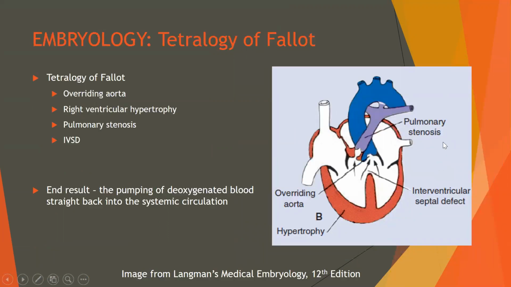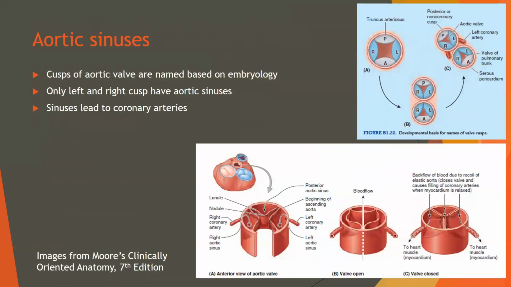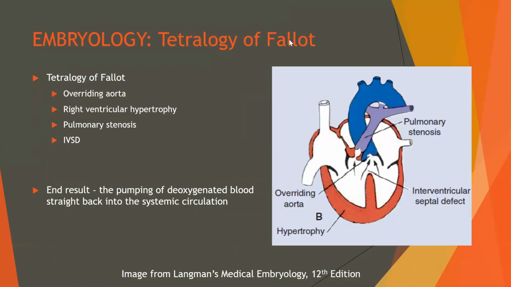So this is tetralogy of Fallot. I'll just explain these terms quickly. So overriding aorta, that means the aorta is overriding specifically an interventricular septal defect. So it's sitting directly over a septal defect. Your right ventricular hypertrophy means the right ventricle is hypertrophied. The pulmonary stenosis means the pulmonary artery is stenosed, and your interventricular septal defect means you've got a hole in